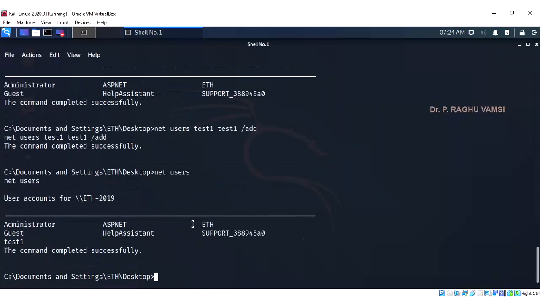You look at administrator, guest, and I have created test1. That means the attacker can create his own user, and this test1 may be hidden or may be given administrative privilege. So this is how Windows hacking can be done with the help of Metasploit, Meterpreter, and MSFvenom.